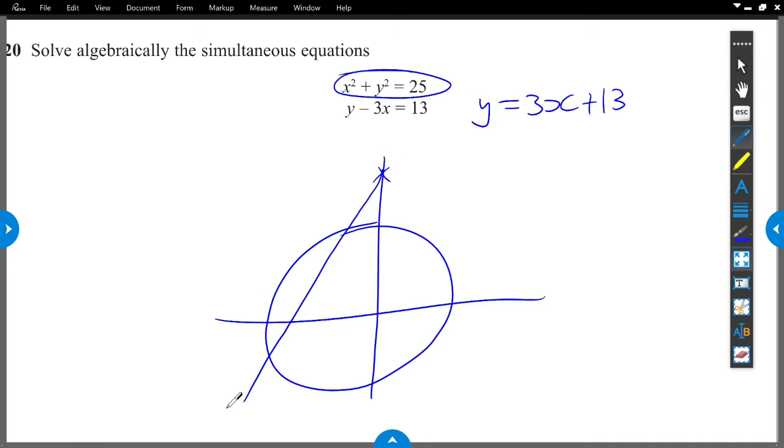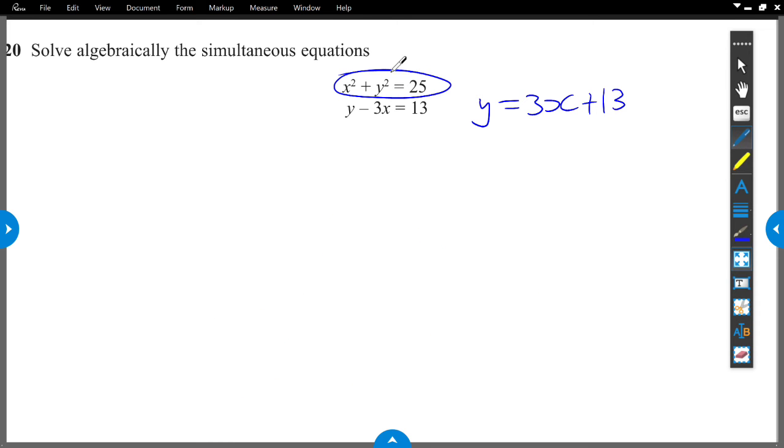I haven't drawn this very accurately, but we can see that there's going to be two collisions here. Now there must be at least one solution. So at worst case, it's going to describe a tangent and only have one solution. If you try to solve simultaneous equations where there isn't a solution where they cross, you get some really weird